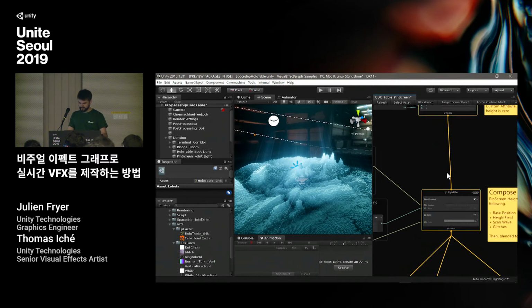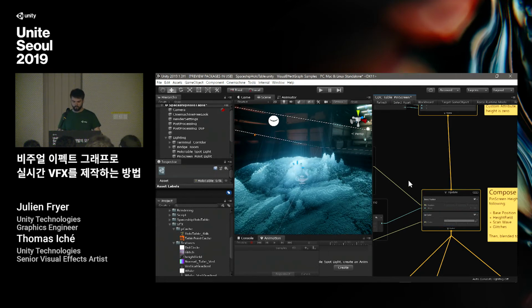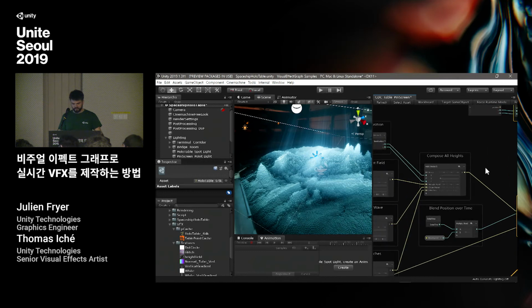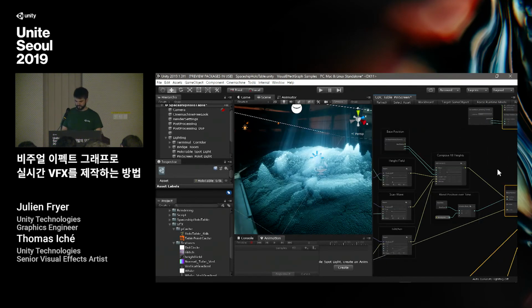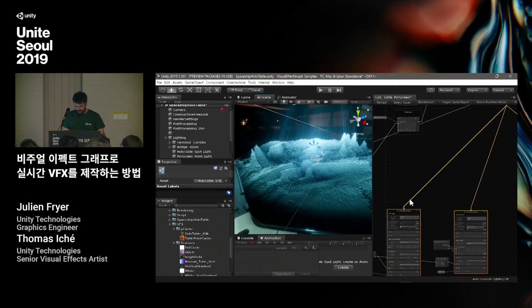Then we have a simple simulation that will not update particle velocity, neither age or kill particles if they are too old. Instead, we will only do position blending and animation. So it's going to be here, and I'm going to cover this subject in some minutes. I will finish with the rendering.